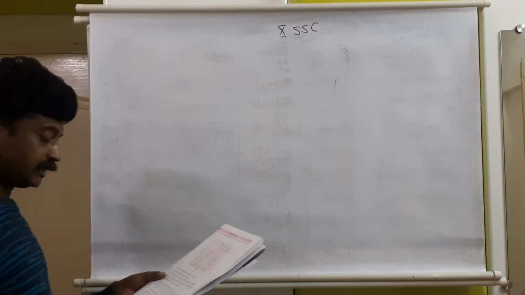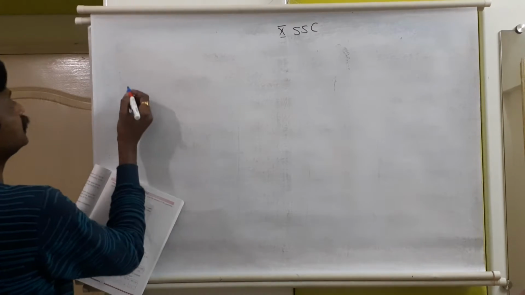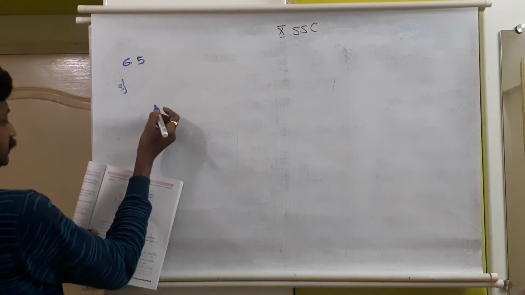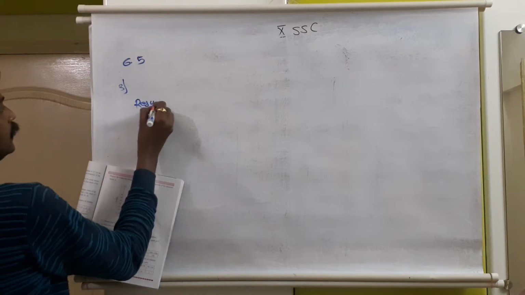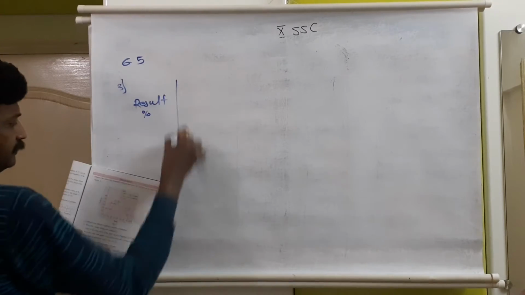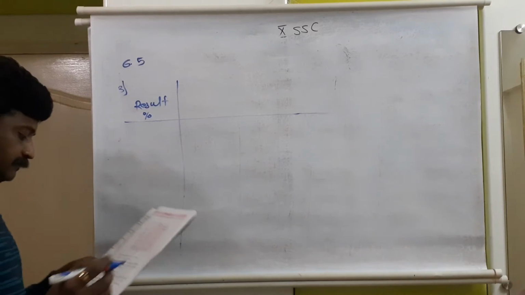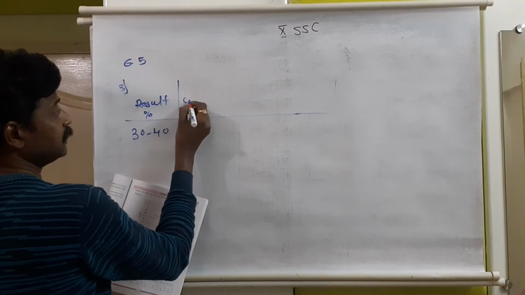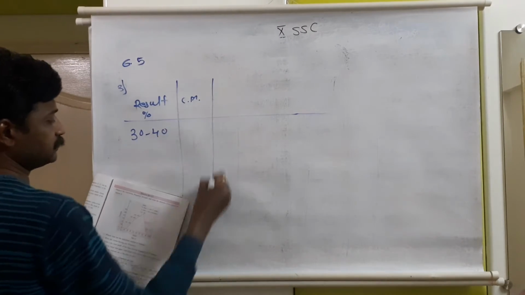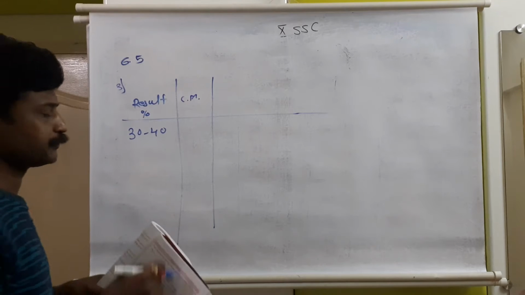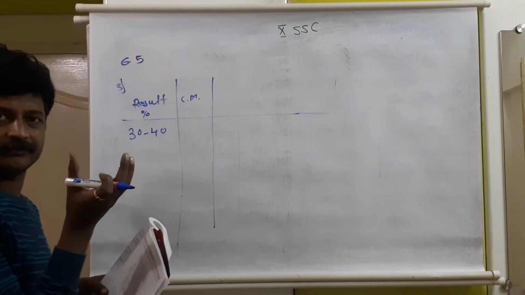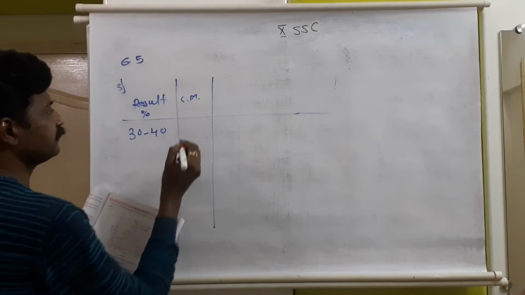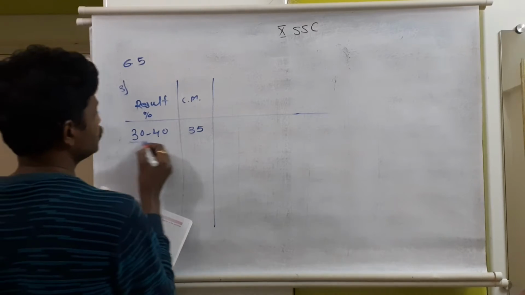First, result in percentage and number of students. So result in percentage will be first. Question number 3, first class result in percentage, and as per that, the first class is 30 to 40. We will be needing the class mark, cm. How to find the class mark? Add both the limits and divide by 2. Here 30 to 40, 10 is the width of the class. 30 plus 40 is 70, 70 upon 2 gives 35. So for the first class, the class mark is 35.